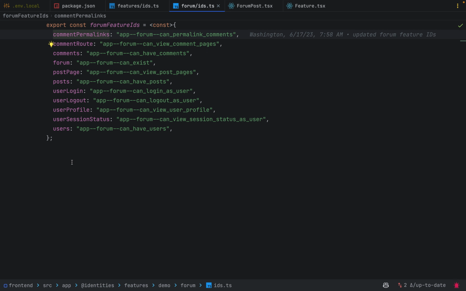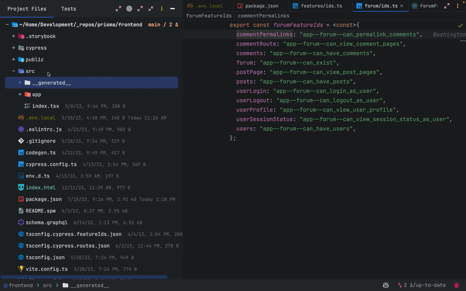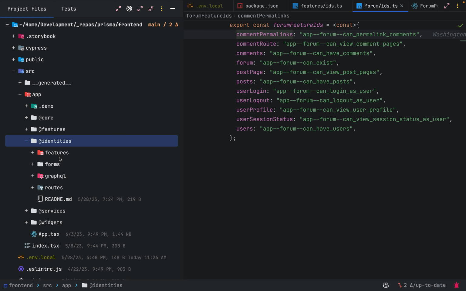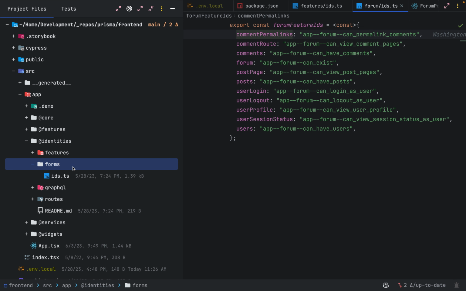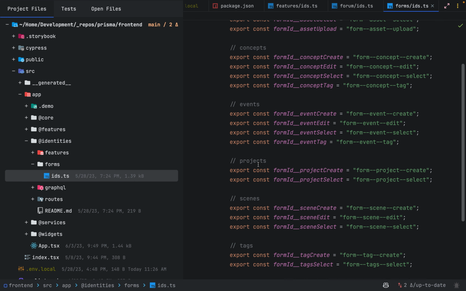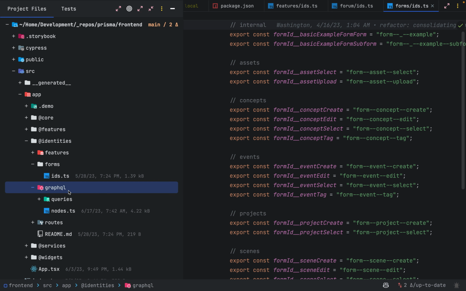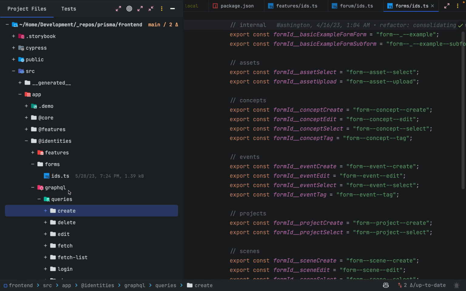If we look at the identities folder, we can see that there are, I guess, a few main categories for features. These are the IDs of the features, as you can see here. Forms, these are the IDs of the forms that we have. These are all of the things that we use to create a form, or all of the ideas that we have created forms around. GraphQL has a list of queries,